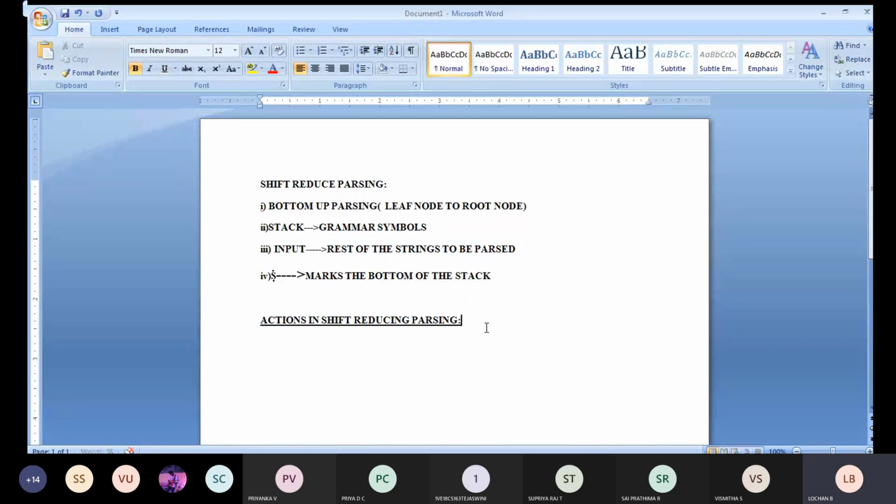First one is shift. What will this shift do? The operation means we shift the next input symbol to the top of the stack.